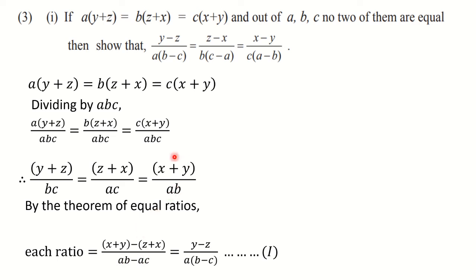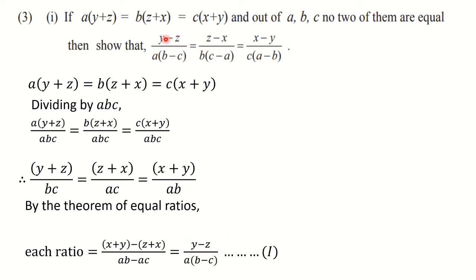Then what I have above AB, x plus y, that is taken in the numerator. Minus sign. And above AC I have z plus x. So these two ratios are taken but in reverse order. AB minus AC. So (x plus y) minus (z plus x). And always write in bracket, because you know that because of the minus sign outside, the signs are changing here. So here you will observe that plus x and minus x will get cancelled, and in the numerator you will get y minus z.